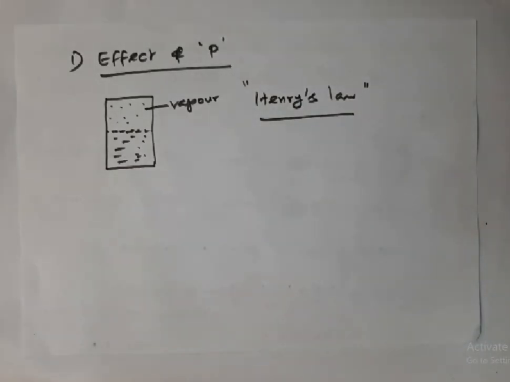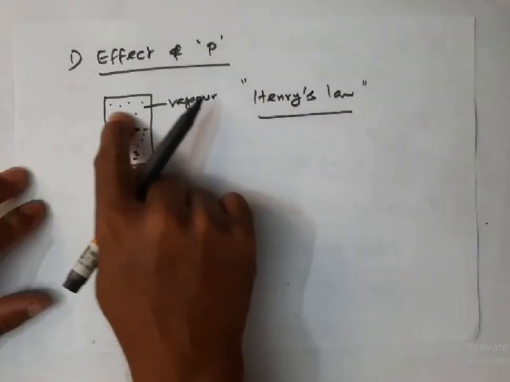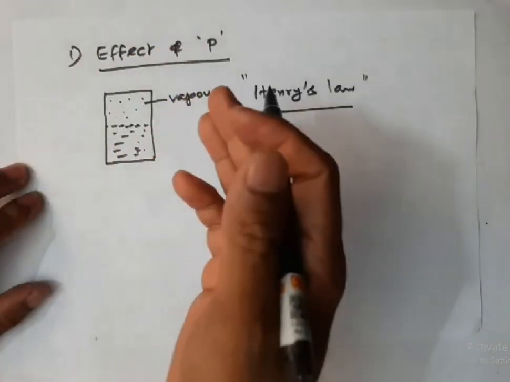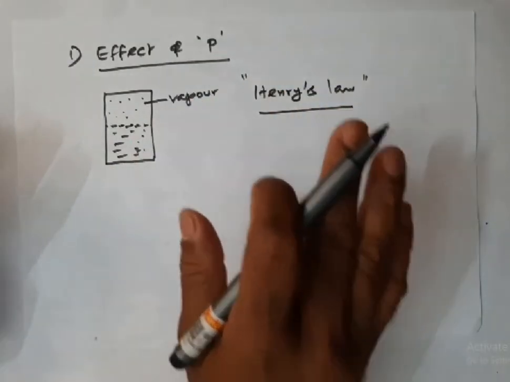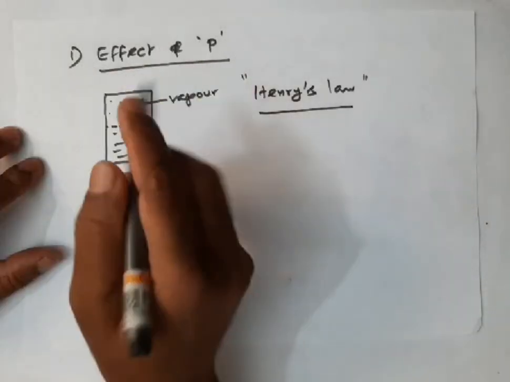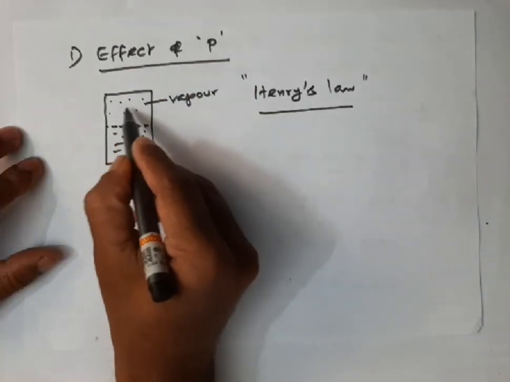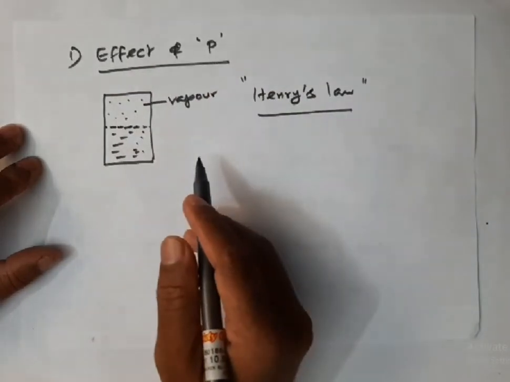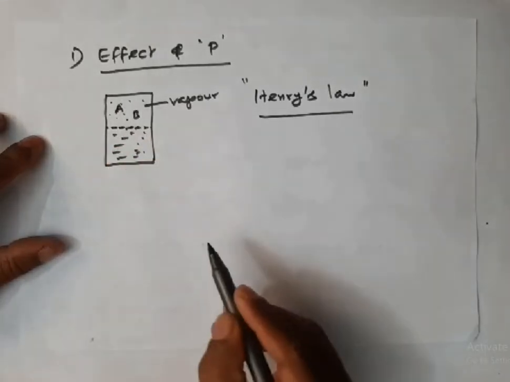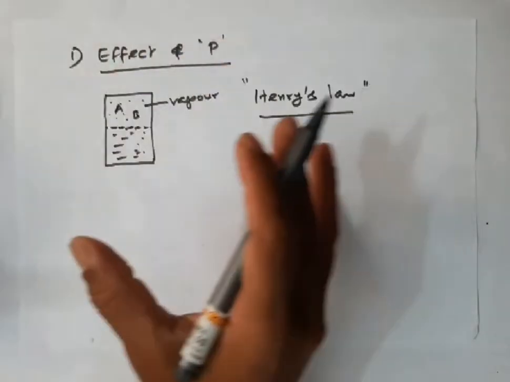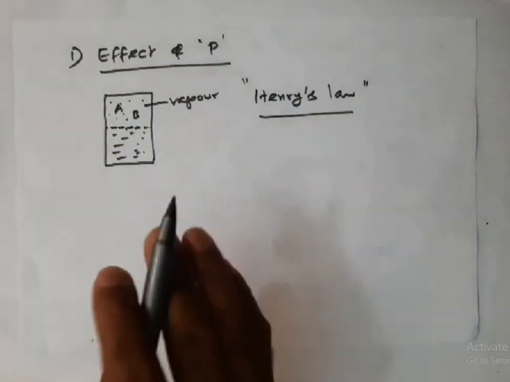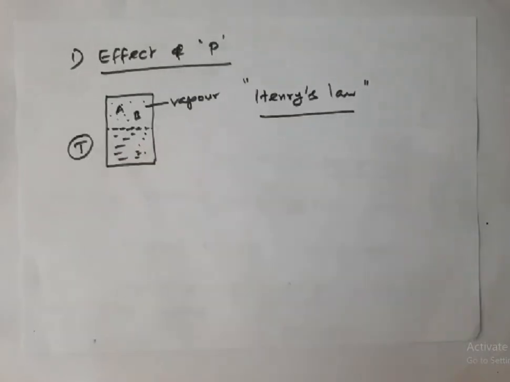According to Henry's law, the vapor above should behave like an ideal gas, which is not necessary right now. You need not worry about that. Now let us assume that I have 2 or more components here, say component A and component B. I have some number of A molecules and some number of B molecules in the vapor state. Henry's law says that, let us assume the temperature is T, at a given temperature,